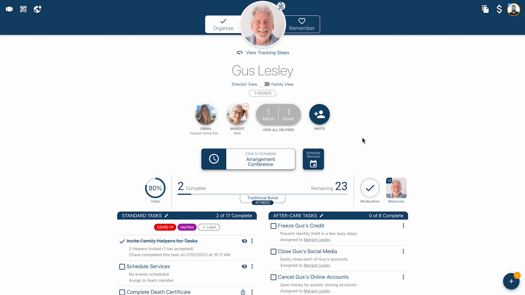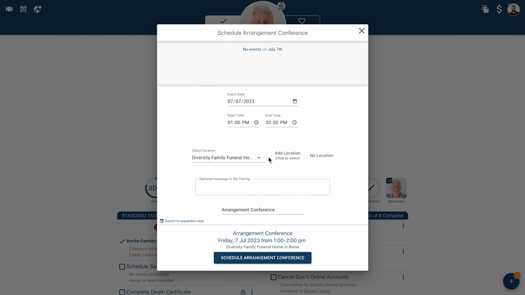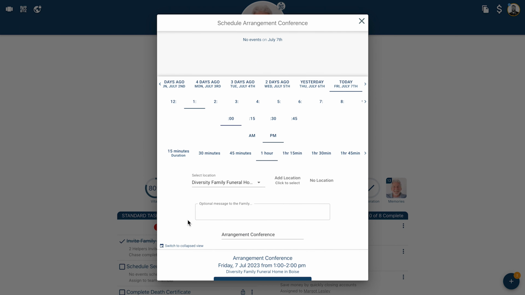Towards the center of your organized page, just above your task completion bar, there are two buttons, one to schedule an arrangement conference and one to schedule services. When you click to schedule your arrangement conference, you'll have the option to choose the date, time, and duration of the arrangement. Choosing a duration will most likely be a formality, since arrangements can take however long they need to. But this can also serve to give your families at least an idea of how long to expect to be